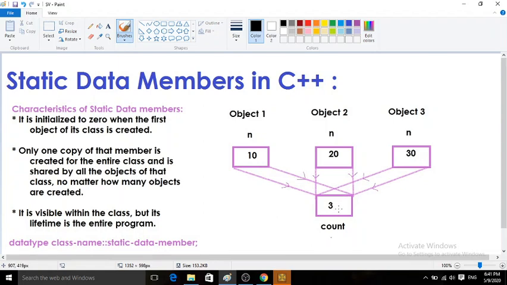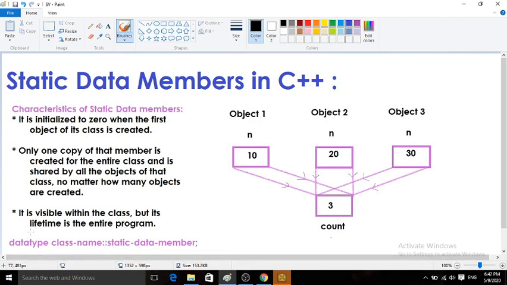Memory is shared, just like function memory is shared. As it is associated with the class only, not with the object, it is called a class variable. The program we will also see, and this diagram can explain more.